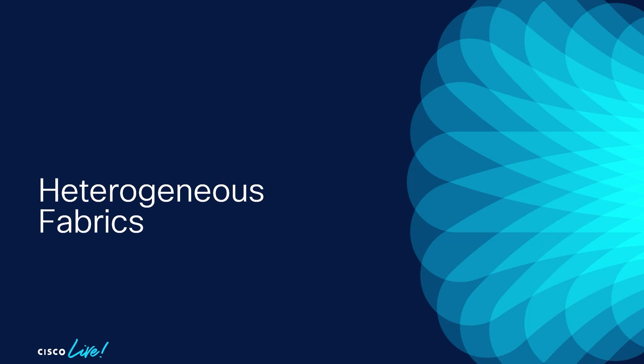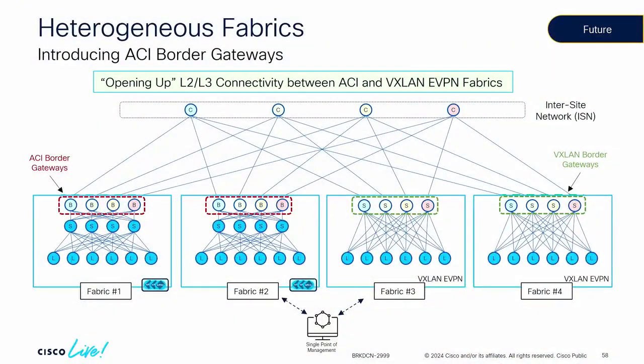But in some cases, the use case is, well, I have a fabric of one type, I want to build another fabric of a different type, and I want to be sure to extend connectivity between them as if they were homogeneous, right? I want to extend layer 2. I don't want to have to deploy an external L2 solution or L2 extension solution, because the architecture does not allow me to interconnect heterogeneous fabric, which is the reason why we work into